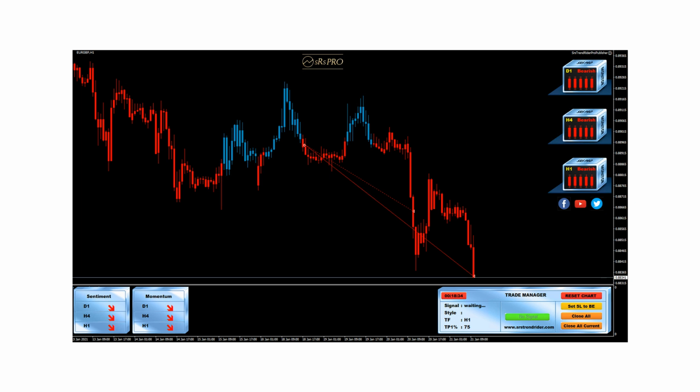That's it, guys. Those are 3 very important tips, very important details to pay attention to when you work with the SRS Pro. The system gives you everything. It gives you the alerts, it gives you the monitors for the candles, it gives you the momentum and the sentiment directly from the MACD derivative, from multi-time frame scan, and it gives you the robot that manages your trade once you decide you want to trade it.